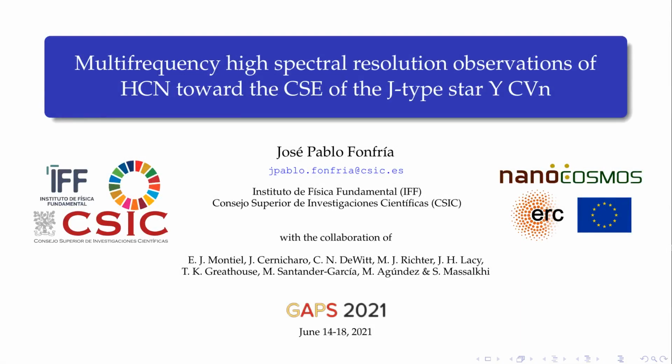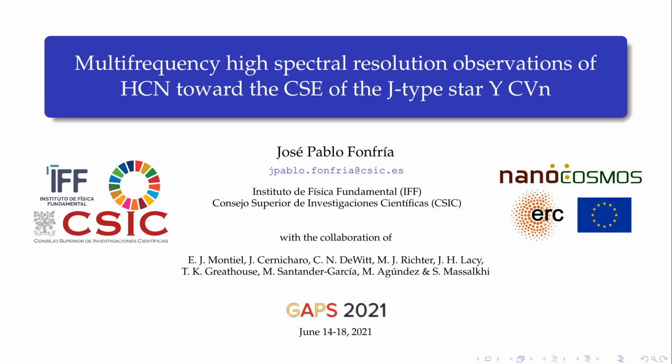During the last decades, the winds of the low mass loss rate oxygen-rich AGB stars have been studied in detail by means of single-dish and interferometer observations. However, the envelopes of low mass loss rate carbon stars are poorly known so far. In this talk, we present the results of our last work on this type of objects, focusing on the J-type